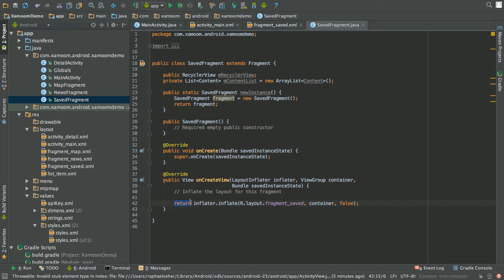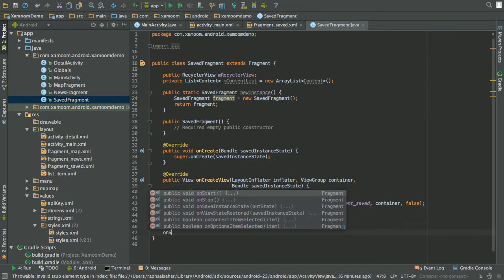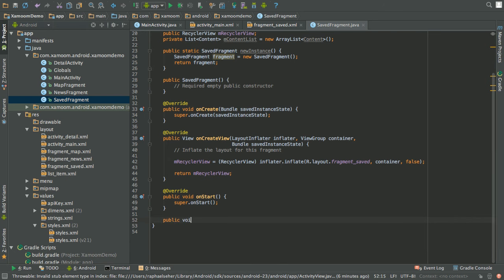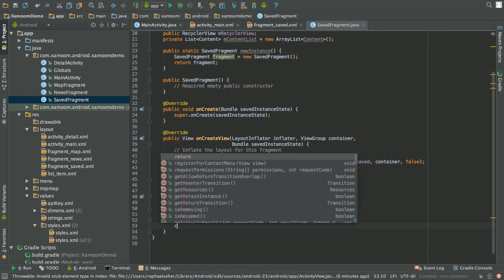Now we'll again change this method so that we save our recycler view to our member and not only return it in onCreateView. And like in the news fragment, we will add an onStart method, which we will then use to load the saved content as soon as the fragment starts, and a method to set up the recycler view,